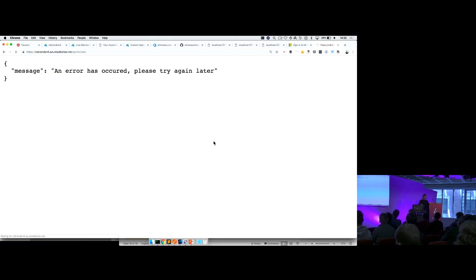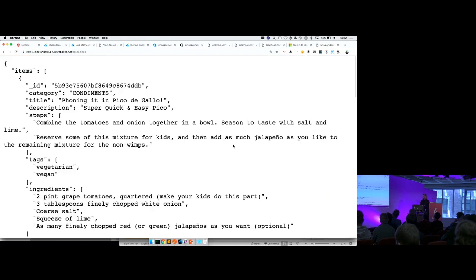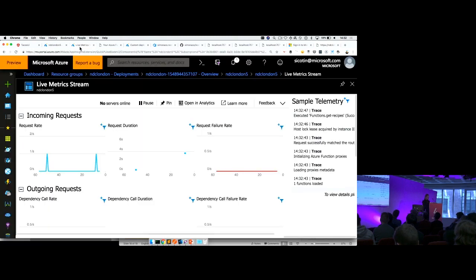Fingers crossed. This is usually not a good sign. Or it is. So this is data coming from Cosmos DB. And we can see the live metrics here, the second request, which was successful.